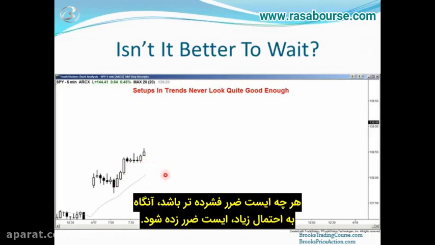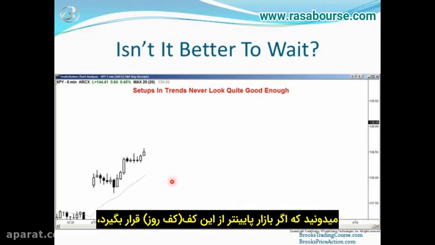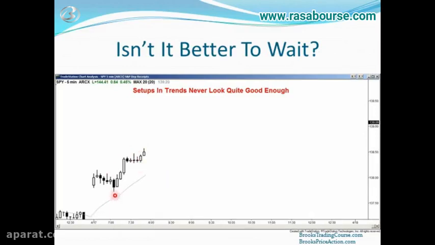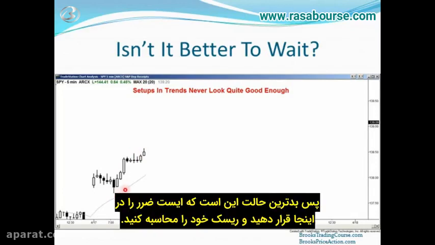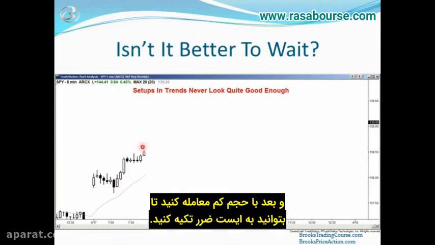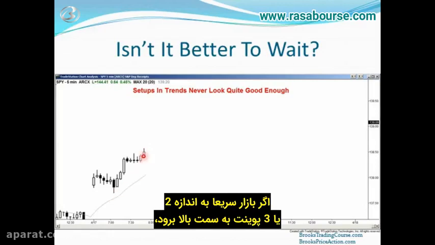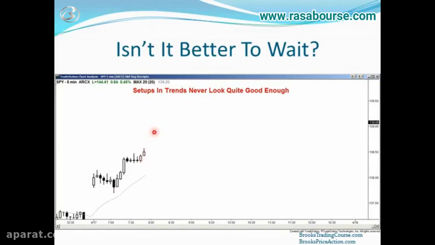The tighter your stop, the more likely you'll get stopped out. But when you look at this, the one thing you know is if it gets below this low, the low of the day, it probably will not go up further. So the worst case scenario is you put your stop here, calculate how many points you have to risk, and then trade small enough so that you can rely on the stop. If the market just quickly goes up 2 or 3 points and you're able to take 2 or 3 points out, take at least half off.